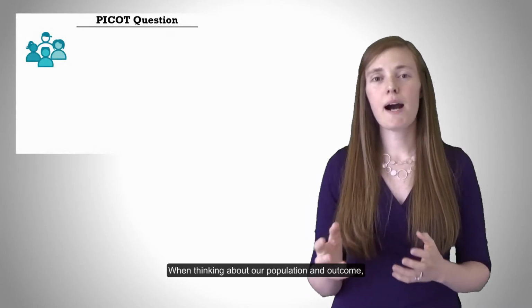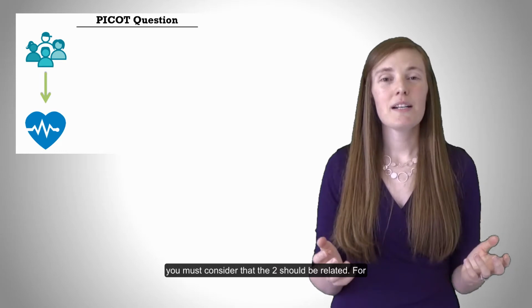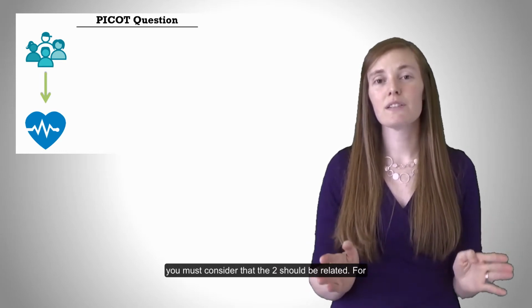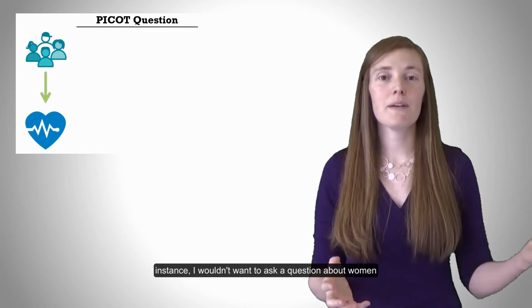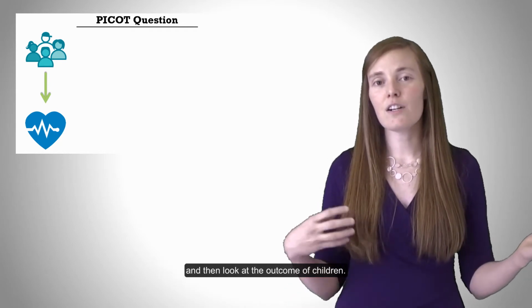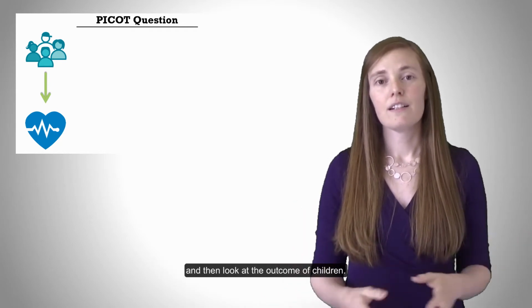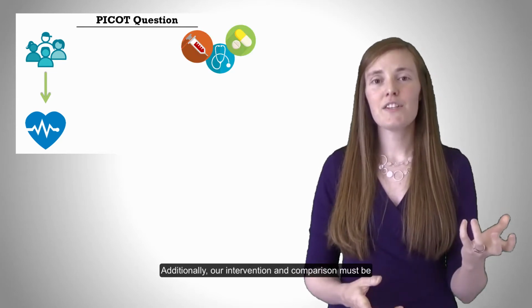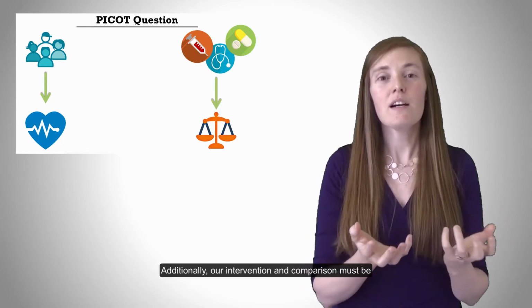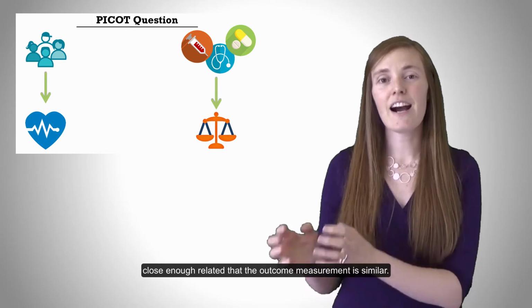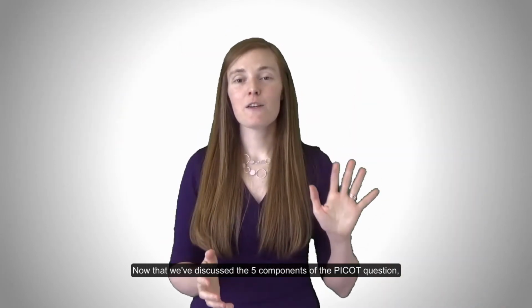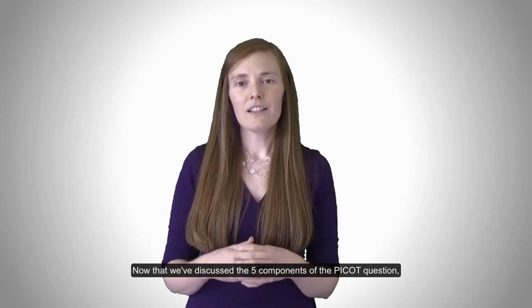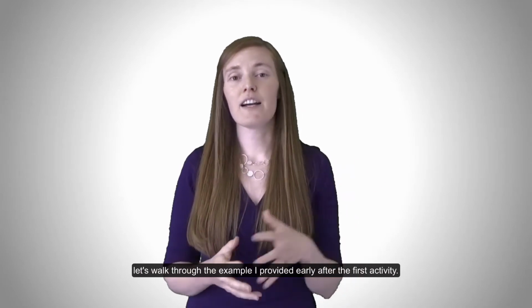When thinking about our population and outcome, you must consider that the two should be related. For instance, I wouldn't want to ask a question about women and then look at the outcome of children. Additionally, our intervention and comparison must be close enough related that the outcome measurement is similar. Now that we've discussed the 5 components of the PICOT question, let's walk through the example I provided earlier after